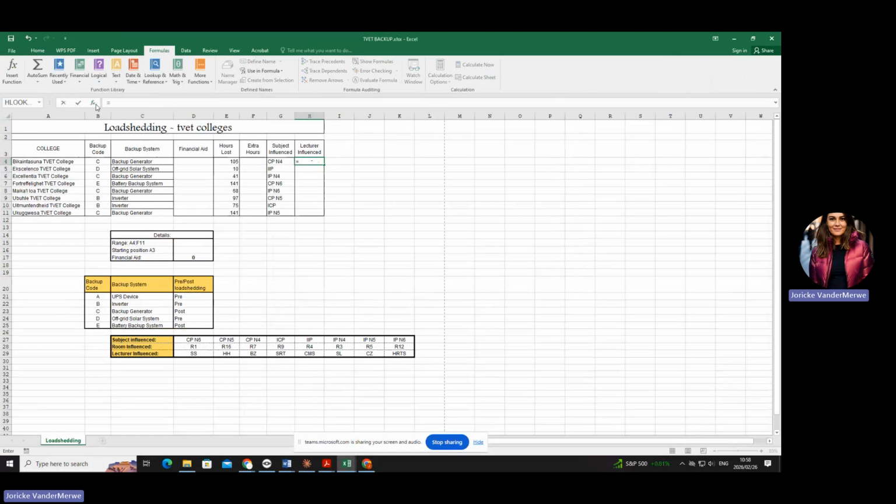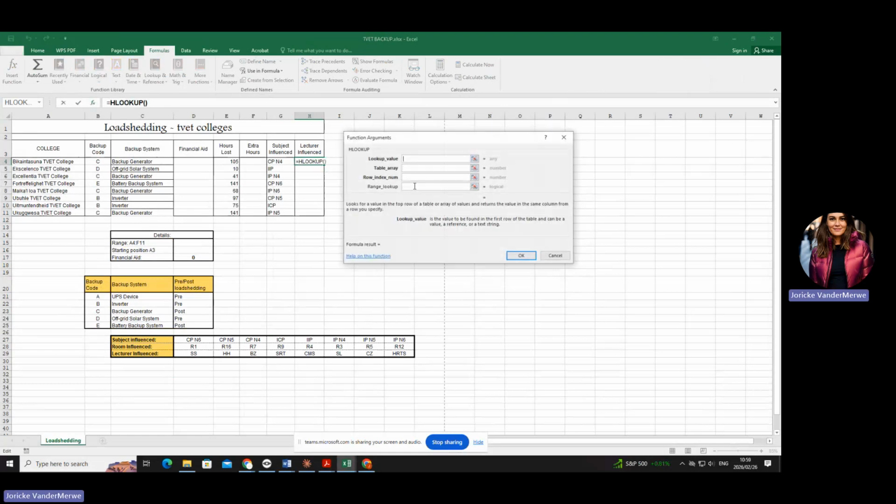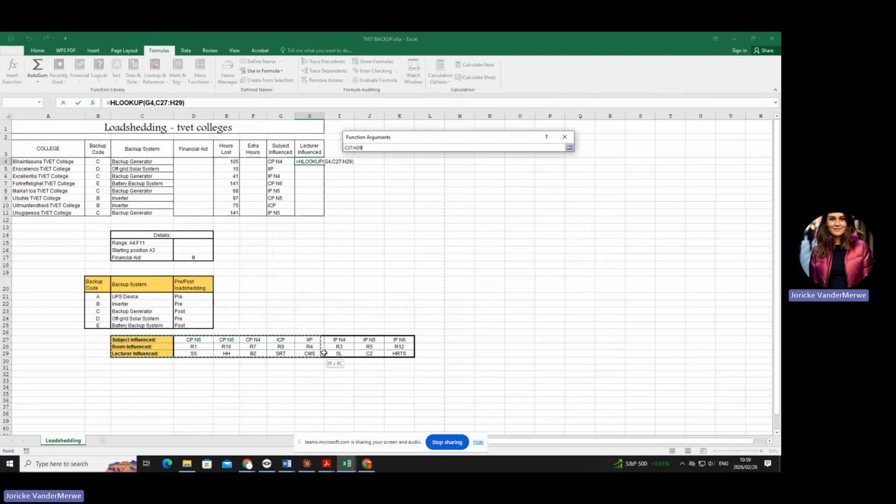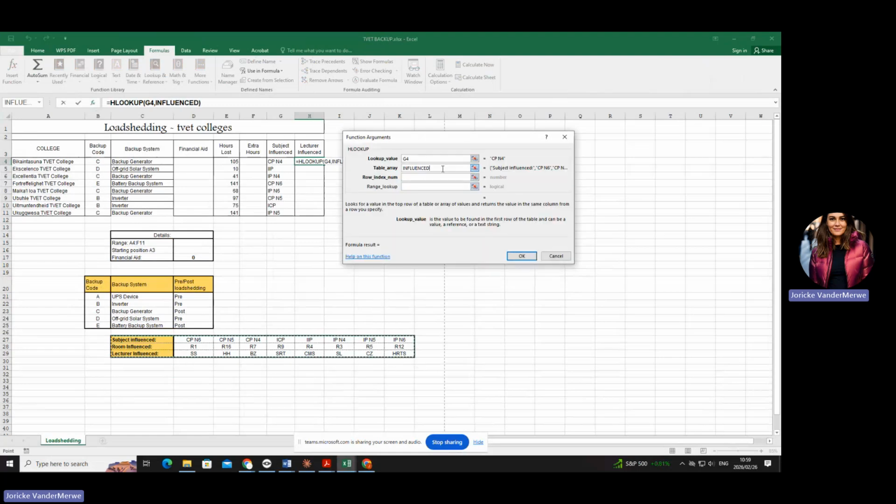Okay, we're going to start again. Equal sign, fx, HLOOKUP. Remember, I did not sort and there's a reason I didn't sort. What is my lookup value? G4. What is my table array? In this case, it is a name that I defined. Are you with me? Now, you don't have to type that in. You can actually just click that whole thing. This is actually the easier way because then there's no mistake for you. And let's say you haven't assigned the name, then you will just lose the mark for that.